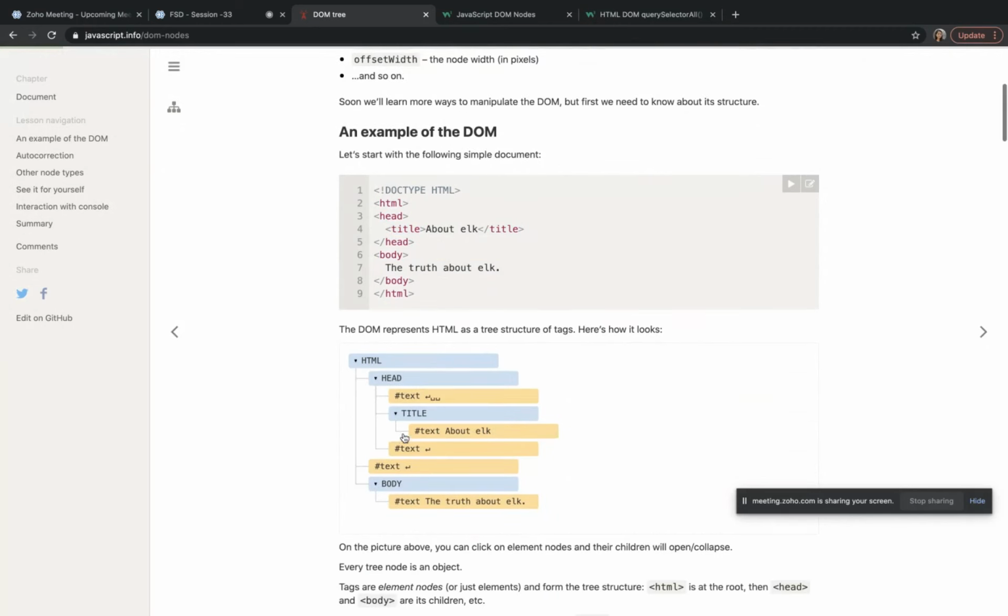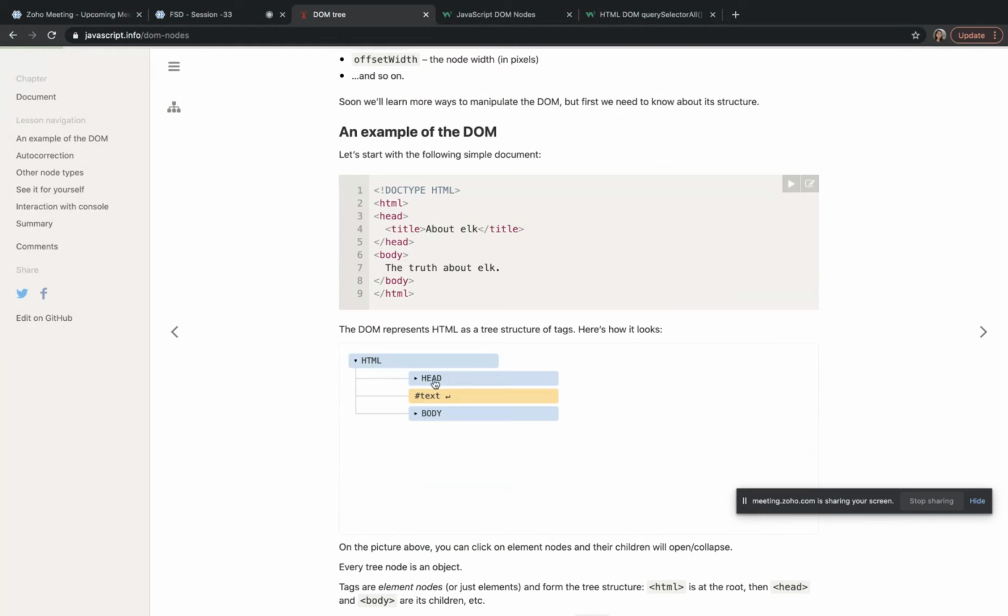So how it will get stored is like this: HTML, then head and body. First consider the head tag and body tag. That's it. HTML tag, and inside of that there are two tags, head tag and body tag.